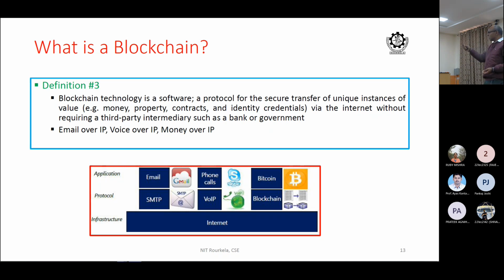So let's look at the figure, the right-hand side of it, the last part of it. You have Bitcoin, and there is an infrastructure. The underlying infrastructure is the internet, and let's look at what is between these two. Bitcoin is a monetary transaction system, and underlying it there is a blockchain that facilitates the transaction system. So these are the available definitions of blockchain, and all of them almost say the same thing.